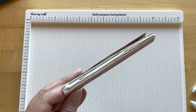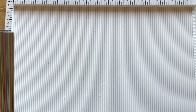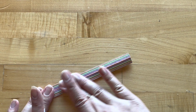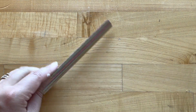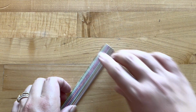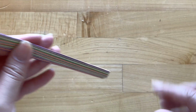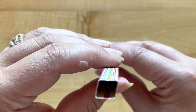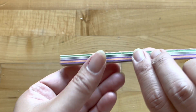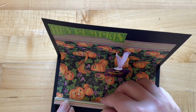Add adhesive on the long edge of your tube. I don't necessarily want to do that on my scoreboard. Do it on my workspace, and just go ahead and burnish that down, getting a nice, good bond with your papers, and then be sure to pop that up, making sure you have a nice, beautiful little square. Add your adhesive to one side of your tube, and this is going to go flush with the end